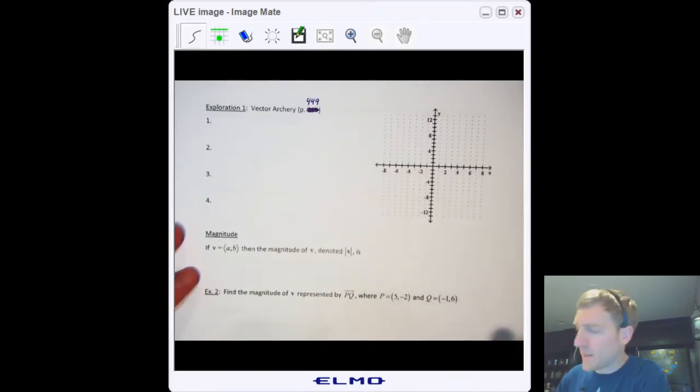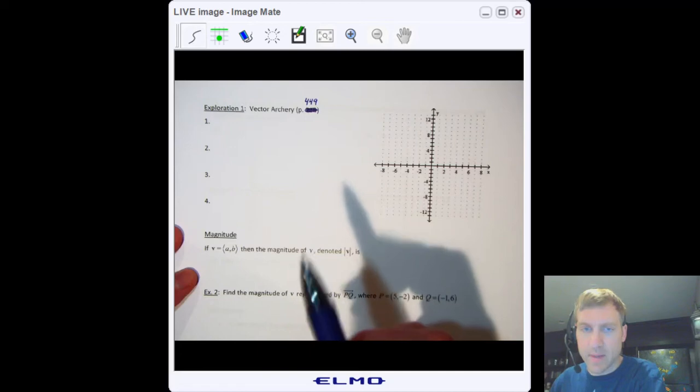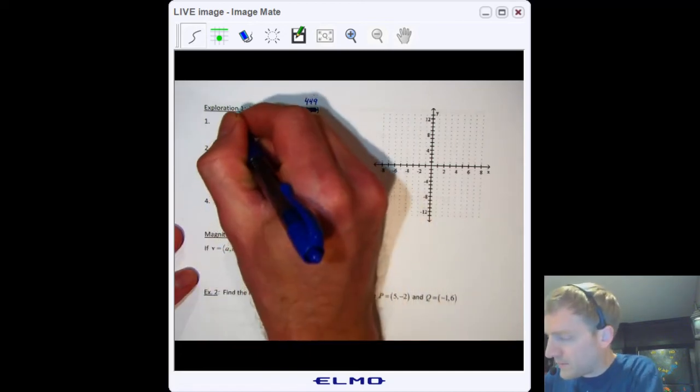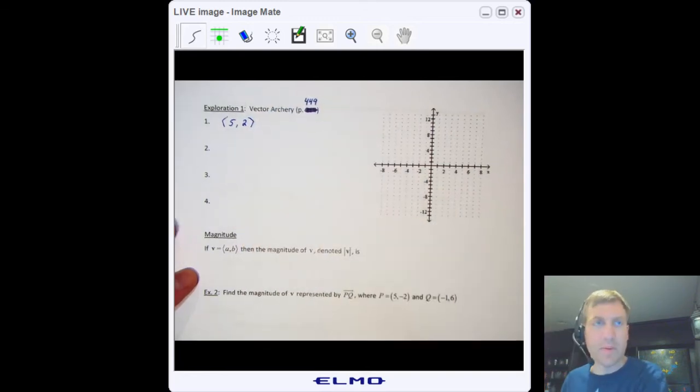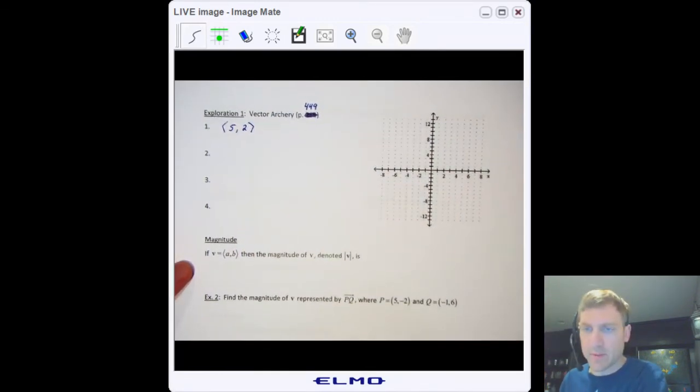Okay, so now let's talk about this here. Number 1, the vector is 5, comma 2. All right, hopefully everybody was able to see that without too much trouble. Okay, just do your head minus tail. And then for number 2 now,